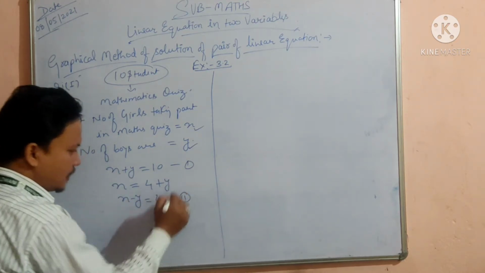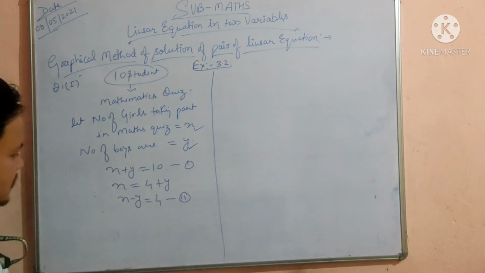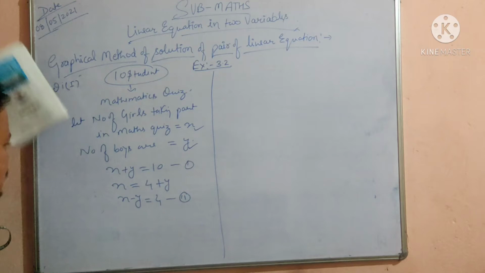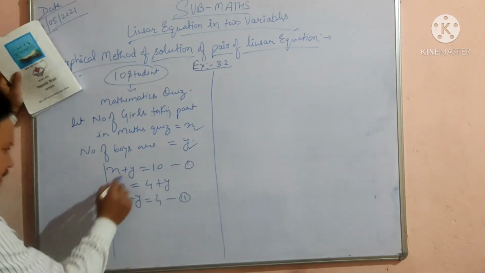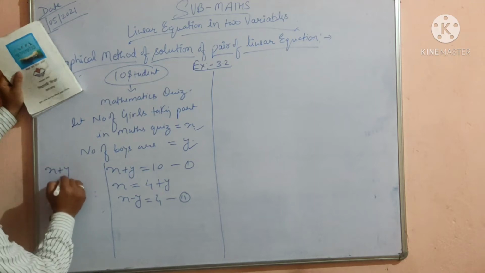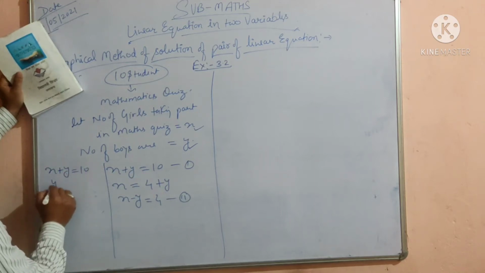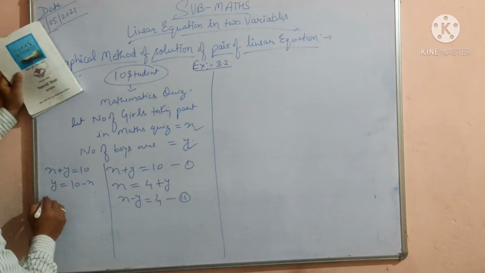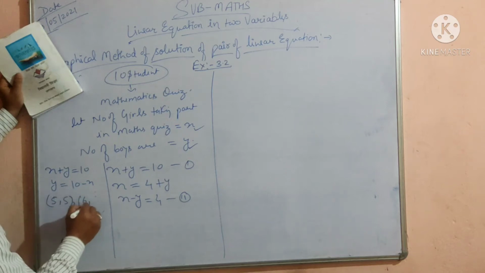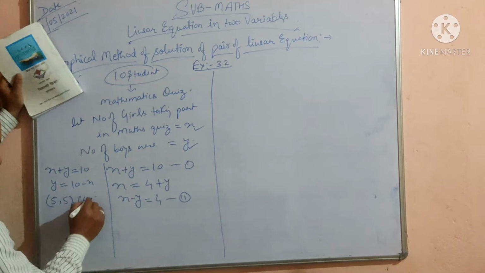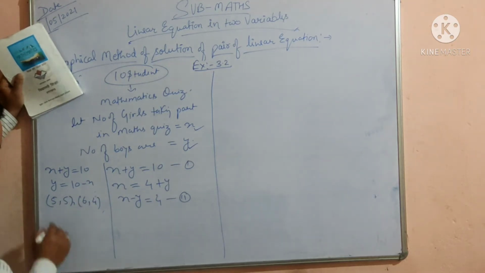Let it be the second. Now there is a pair of linear equations in front of you, and you have to solve it by the graphical method. So first we will isolate Y. See here, I am finding the coordinates. X plus Y is equal to 10, and from here the value of Y will be 10 minus X. Now see, if we take 5, then the corresponding value of Y will be 5. And if we take 6 instead of X, then the value of Y will be 10 minus 6, that is 4. We easily got two points, okay.